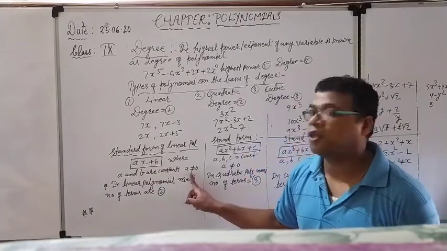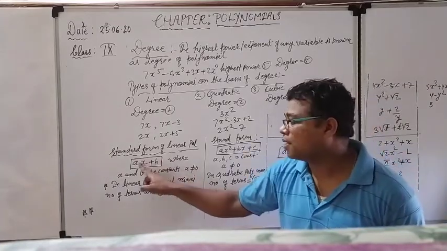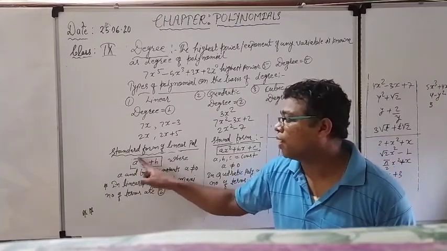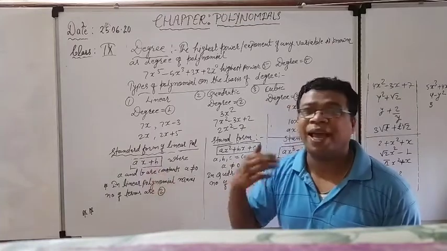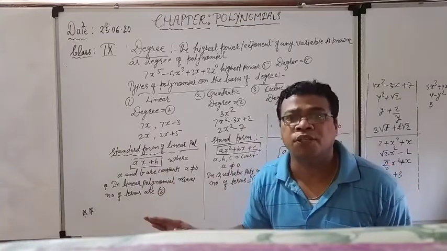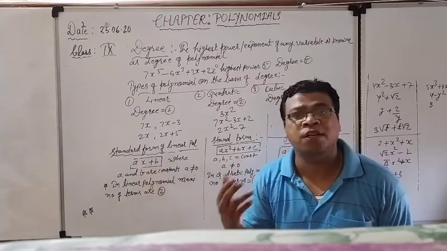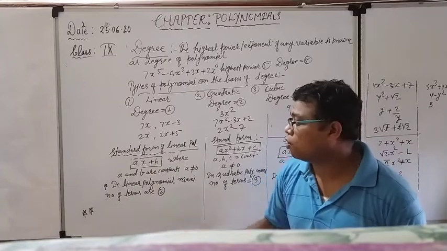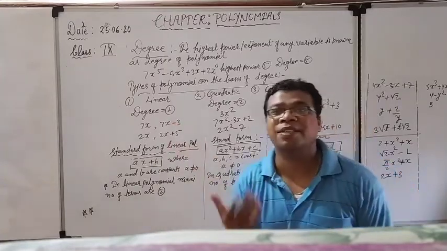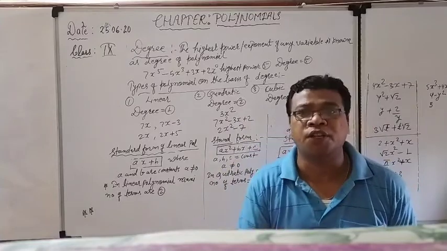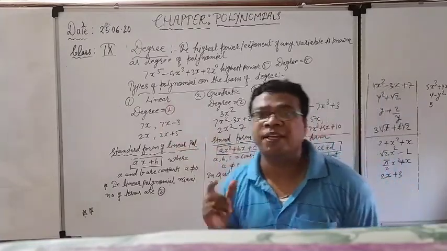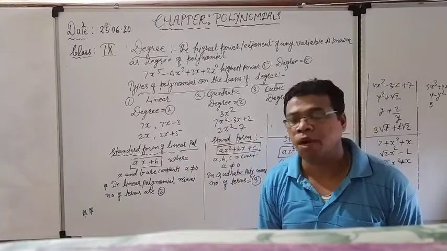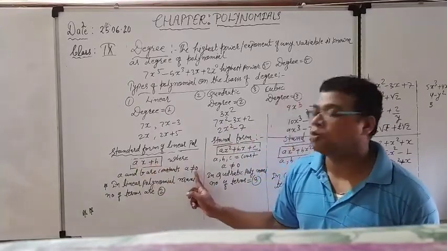Why should this a never be equal to 0? Because think, if this a, the coefficient of the variable, is 0, then the whole value of ax will be 0, and in this way the existence of the variable will be finished. After that the degree of the variable is not maintained at 1, and the existence of the linear polynomial is finished. So the overall existence of the linear polynomial depends upon the variable and the power of the variable. The power should always be 1, and that's why this a should not be equal to 0.